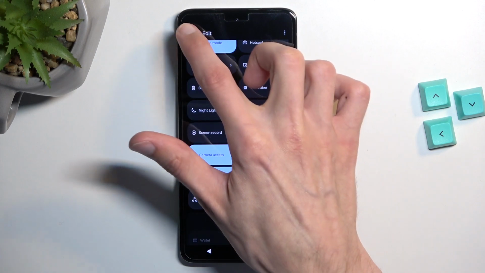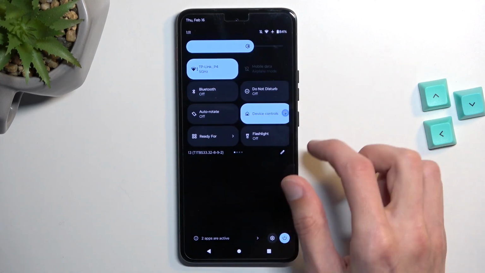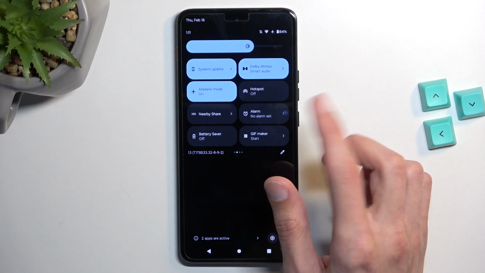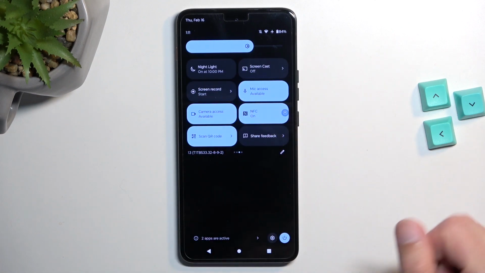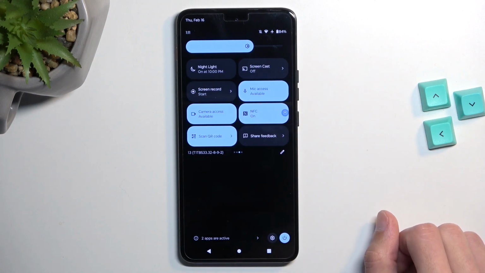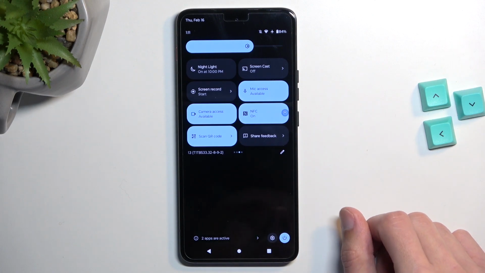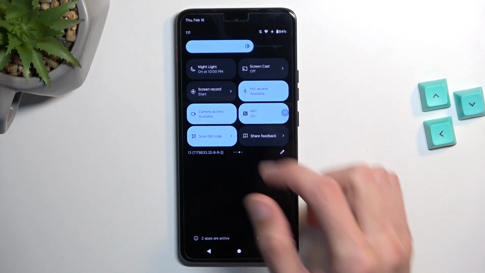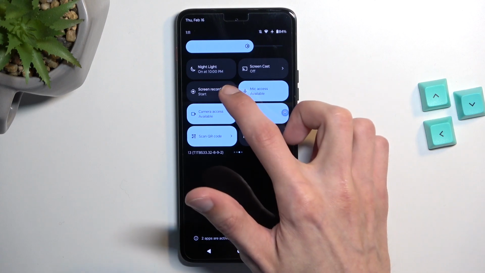It was added by default, so I just didn't see it. Okay, now let's try to find it again. There we go. So I just missed it when I was looking for it. So anyway, as you can see, it is actually added by default. So from here I can tap on an arrow,